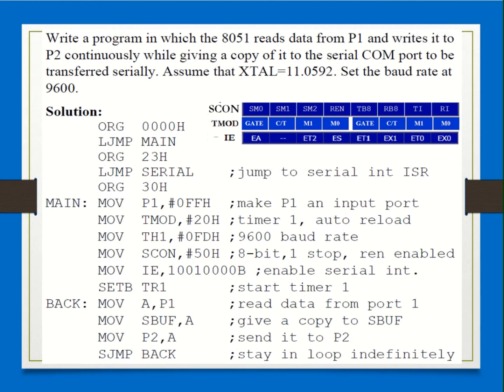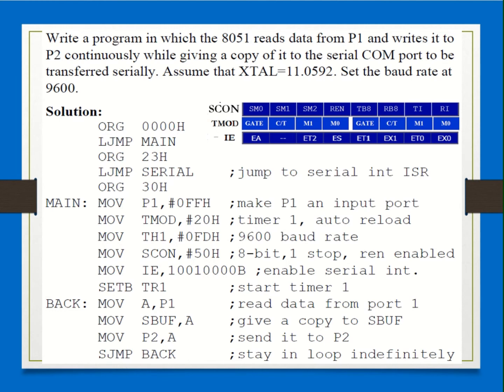Then you're loading the TMOD register with 20. I have placed the registers here. 20 indicates that you are using timer 1, and you're programming that to be operating in mode 2. Mode 2 is where the timer is operating as an 8-bit timer, right?